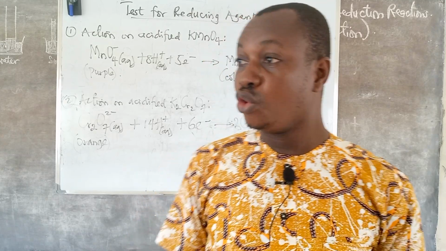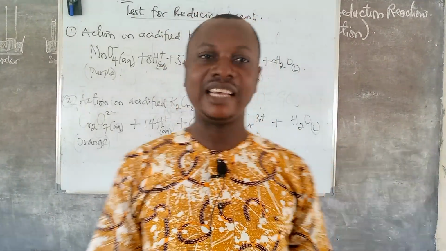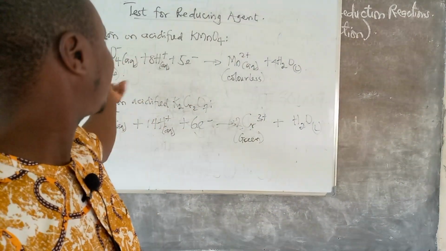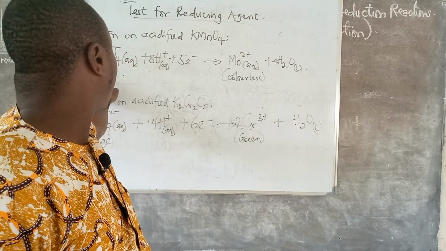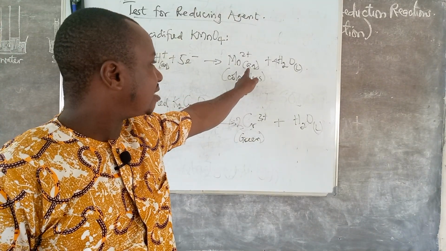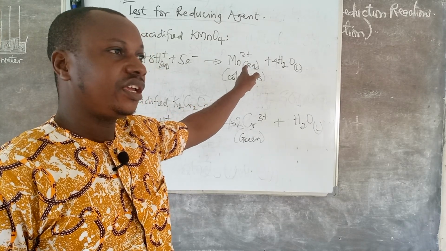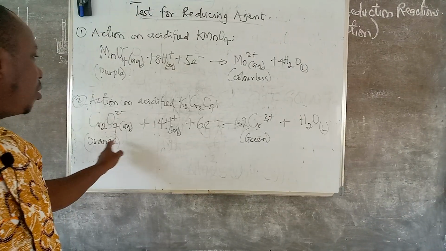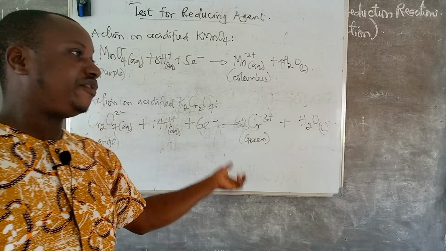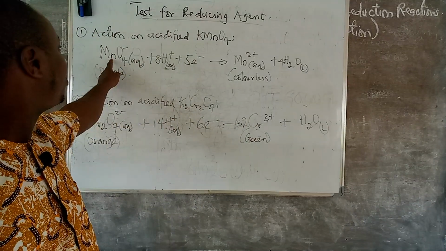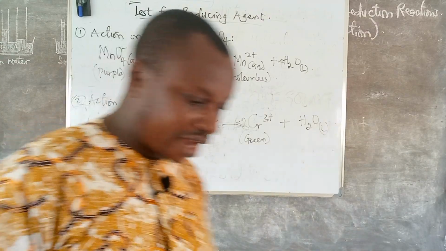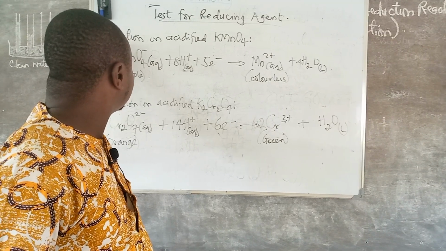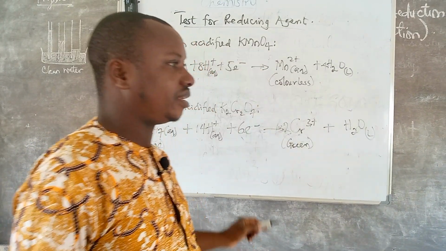So these are the reagents we use to test for the presence of oxidizing agent and the reducing agent. A little reaction kinetics, a little of the reaction. Potassium tetraoxomanganate(VII) is purple, and once it changes to colorless, we know there is presence of a reducing agent. This one is orange, and once it changes to green, if you monitor the reaction scheme, you know that the oxidation number of manganese here is +7,